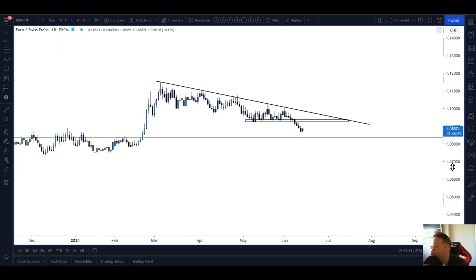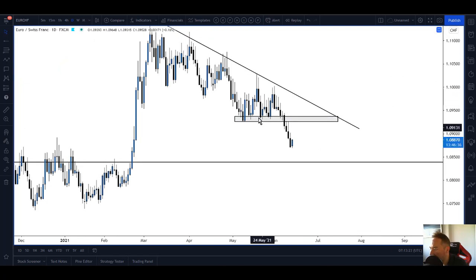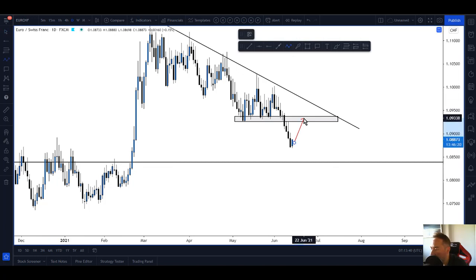Let's have a little look at the smaller time frame, dropping to the daily. You can see this level here of support which has been broken. Hopefully that'll come back and retest that zone, reject it, and we can look for a sell down into this weekly level where we can then look for buys. So ideally looking for that, and then rejection, and then come and test it, and then maybe